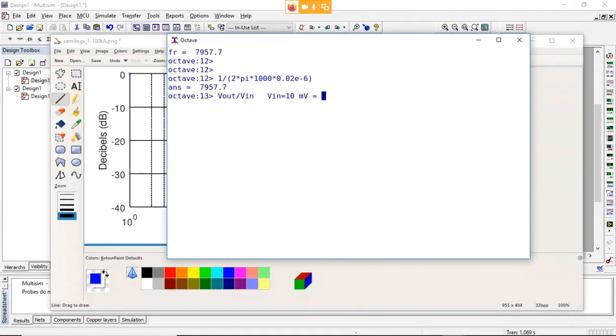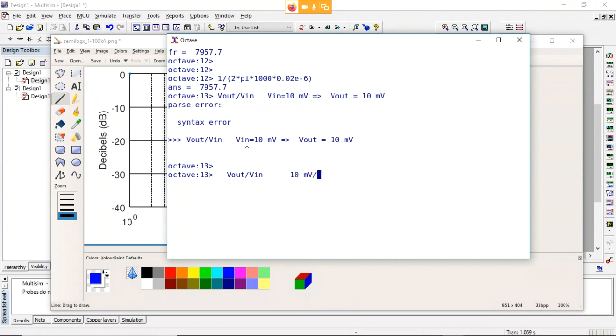So V out is also going to be 10 millivolts because you're passing everything. It doesn't matter what VIN is. I was just typing in here, it wasn't a valid equation, so ignore the error. All right, and so you have V out divided by VIN, which is 10 millivolts divided by 10 millivolts,